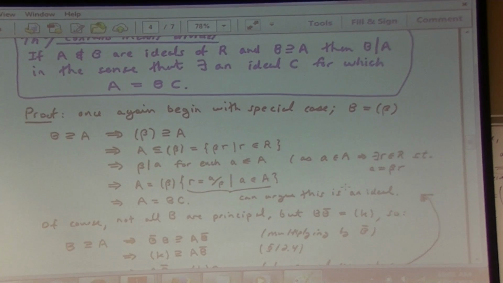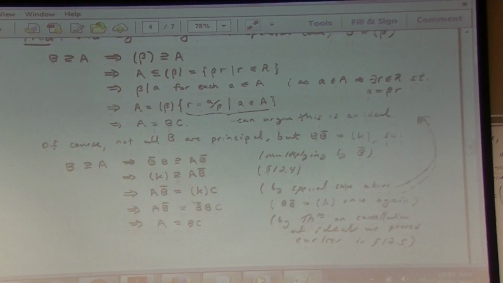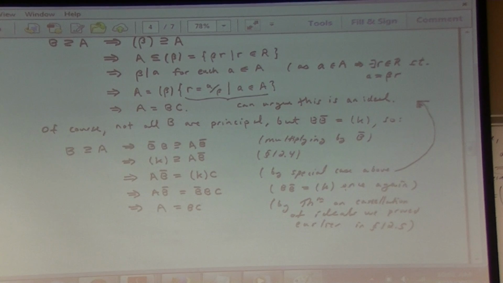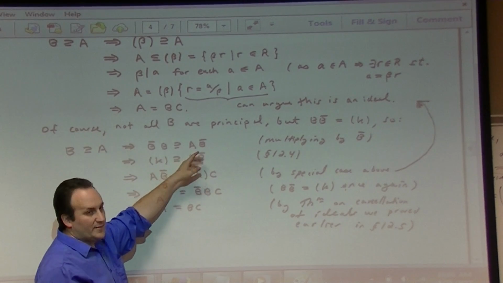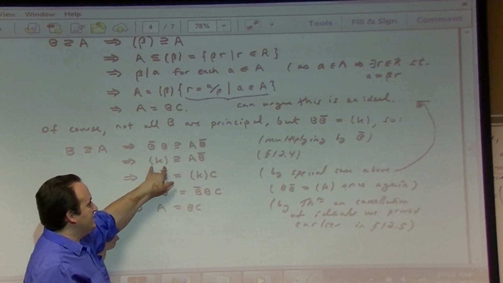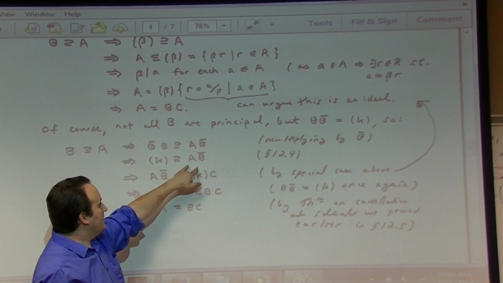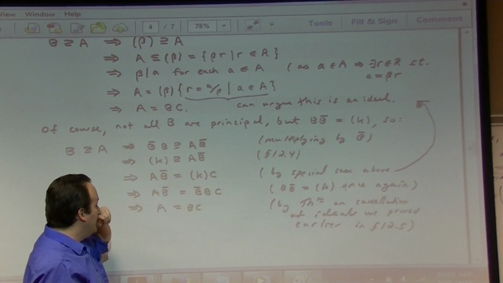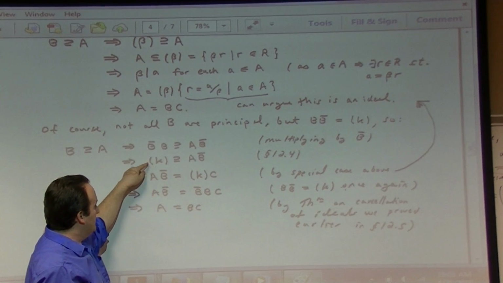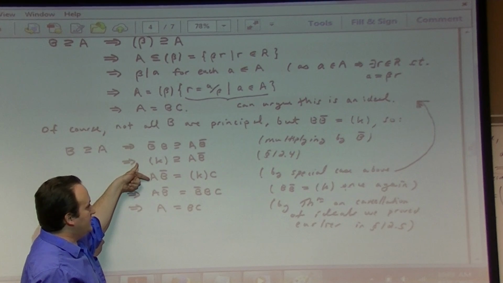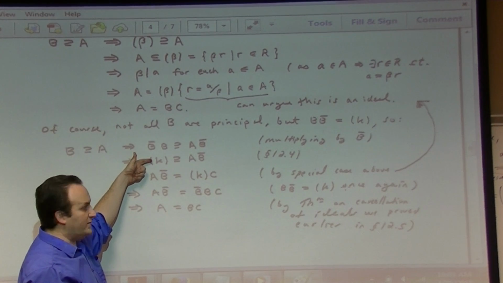And then what does he do? How about it for a general B? What do you do? You multiply by the conjugate B bar. So continuing here, if B contains A, then B bar B contains A B bar, but B bar B is generated by K for some integer. But then what? That means that by the special case we just proved above,